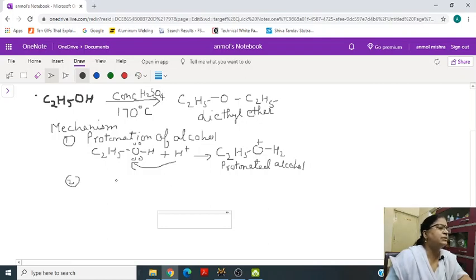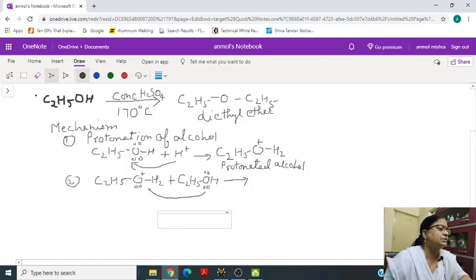the protonated alcohol reacts with a second molecule of ethyl alcohol. It forms diethyl oxonium ion. This electron pair, so it forms